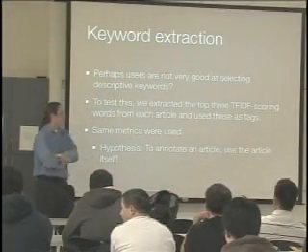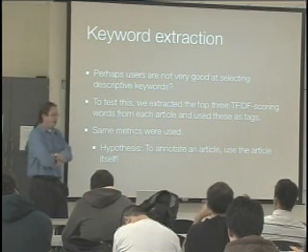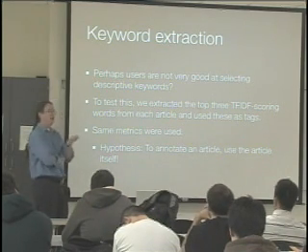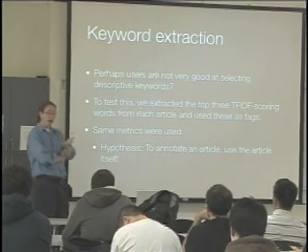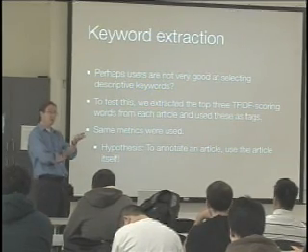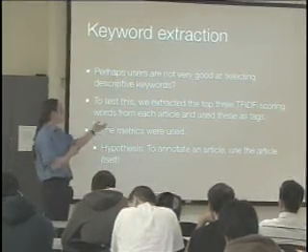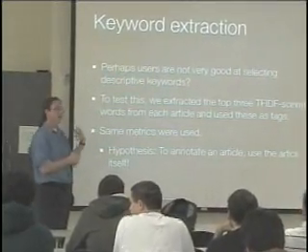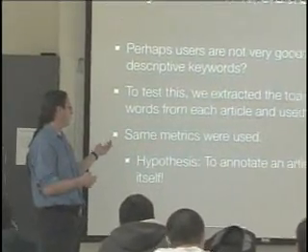So we said, well, how can this get better? Why 0.25 doesn't seem very good? So we said, well, maybe people aren't very good at doing this. You know, they don't really extract the right tags. They put things that are too broad or too general. So what we did then to test that is we said, well, let's find the three most important, or the three most information-containing words from each article and use those as tags.